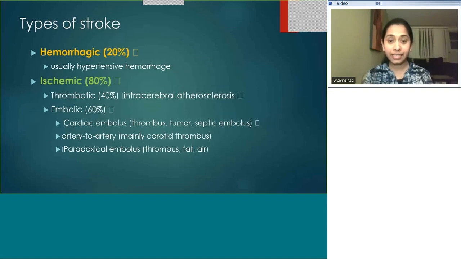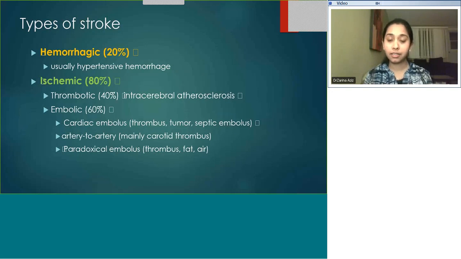So what are the basic categories of stroke? As I said, it's basically classified as hemorrhagic and ischemic. Hemorrhage constitutes 20% of these acute strokes, which I wouldn't be covering today. It is usually because of hypertensive hemorrhage, and you know that the common location is generally putamen followed by lobar areas. The common type of acute stroke is ischemic, which accounts for 80%, and out of that, thrombotic stroke, that is because of an intracerebral atherosclerosis, that is the stenosis within the vessels of the brain,